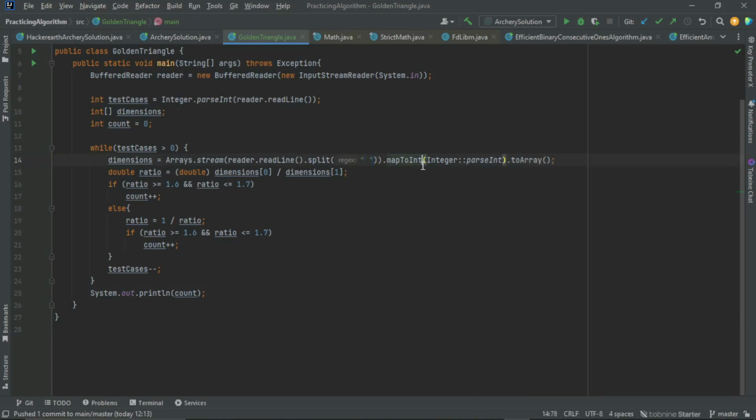Now the next is to look for the ratio. So double ratio is dimension at index 0 divided by dimension at index 1. Since we just have two different values from our input source, we have only index 0 and 1 for each test case, one of these indexes representing the width and the other representing the height of the